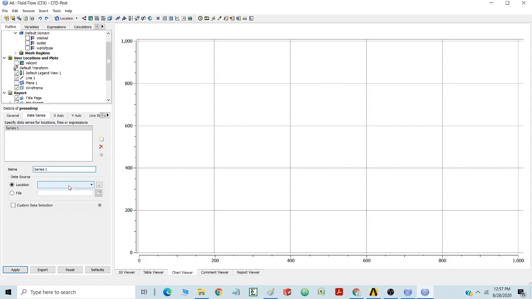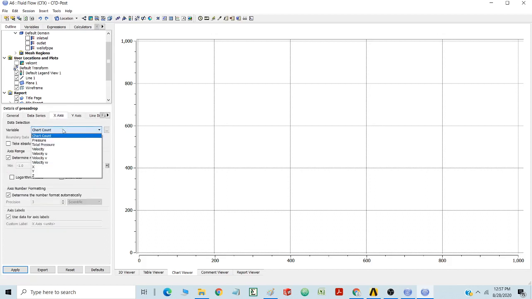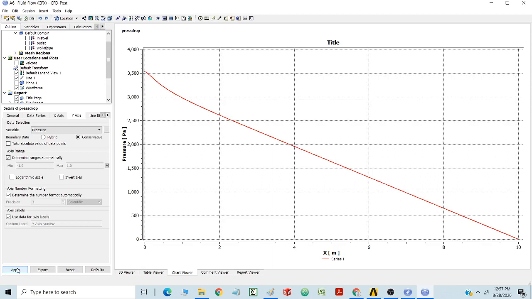In the data series, I am going to select the location of the line. So I am going to select line 1, where I want to draw. Then in the x-axis, I am going to draw the x distance, as the direction of flow is x, and the y-axis should be pressure. This is taken by default as pressure, so it is okay, and then I am going to click apply.